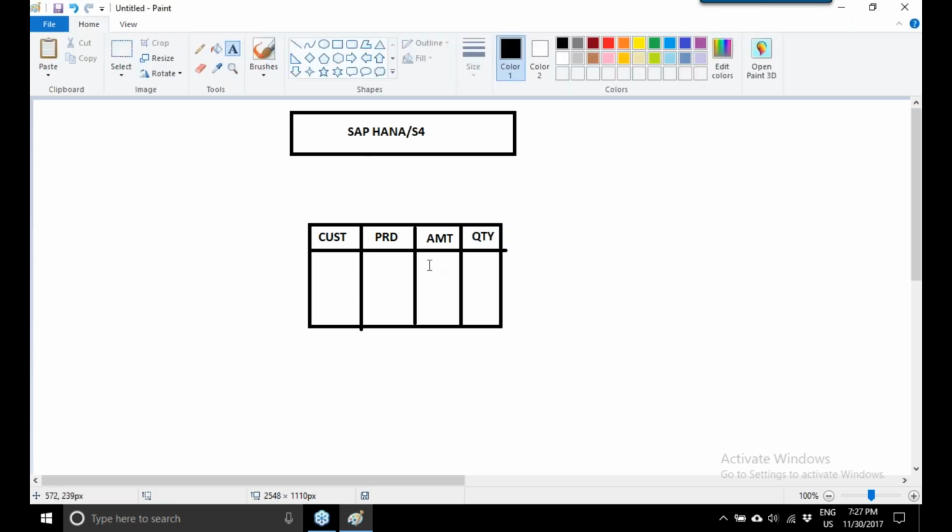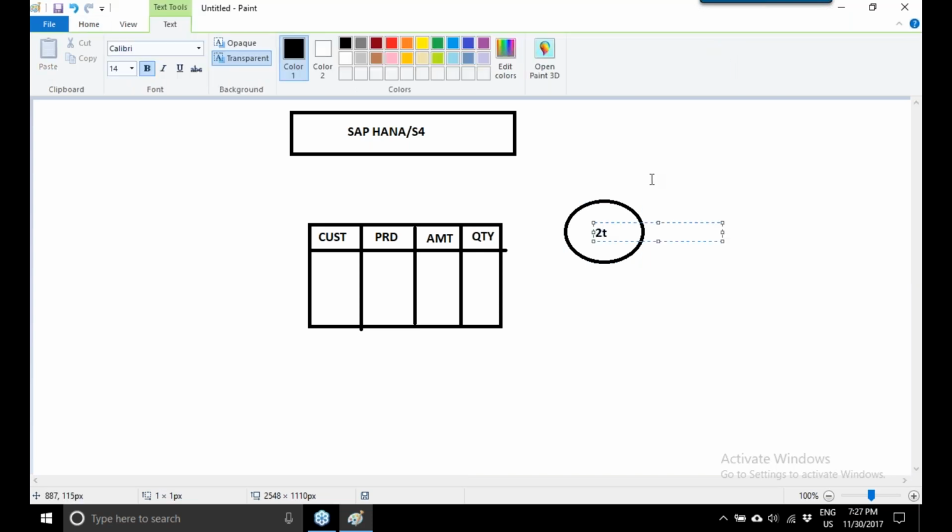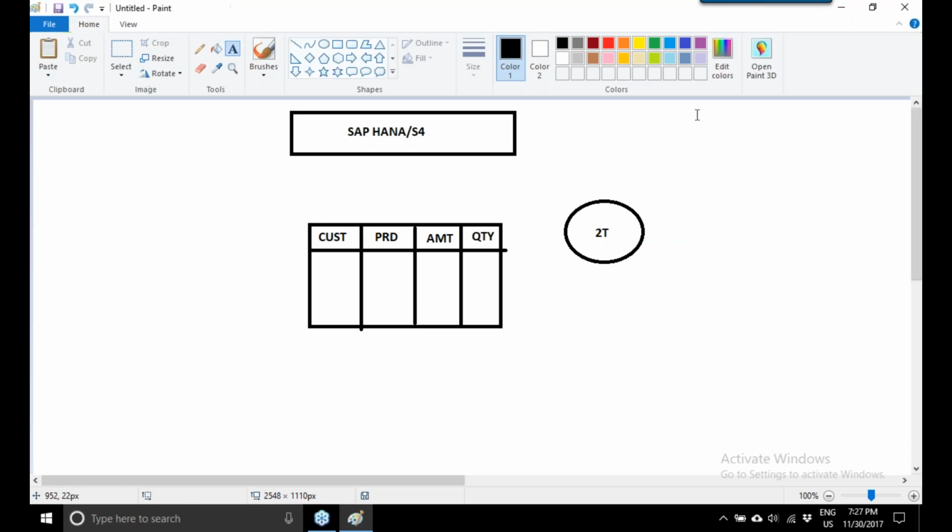The volume of data in this table is more than 2 trillion records.